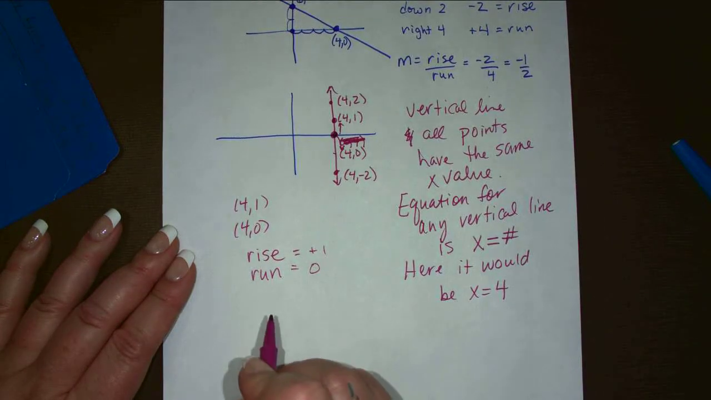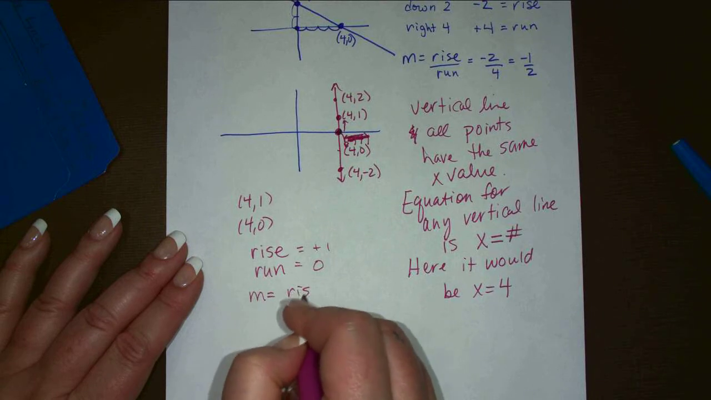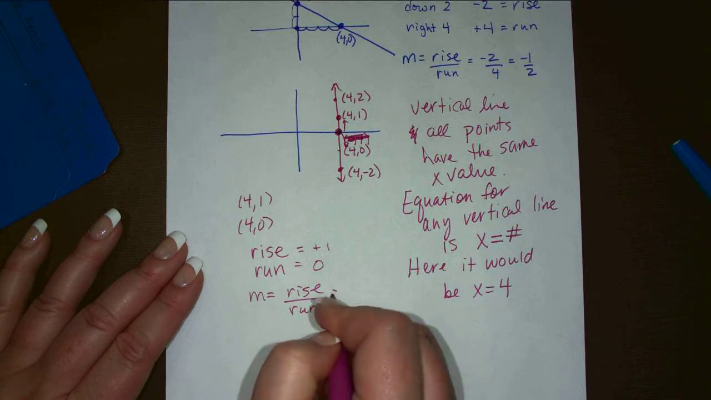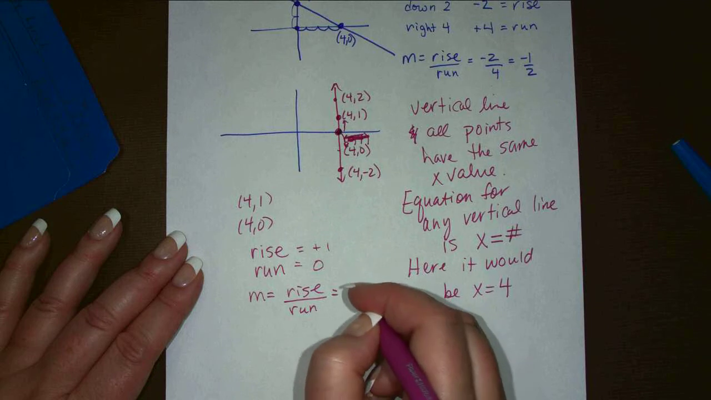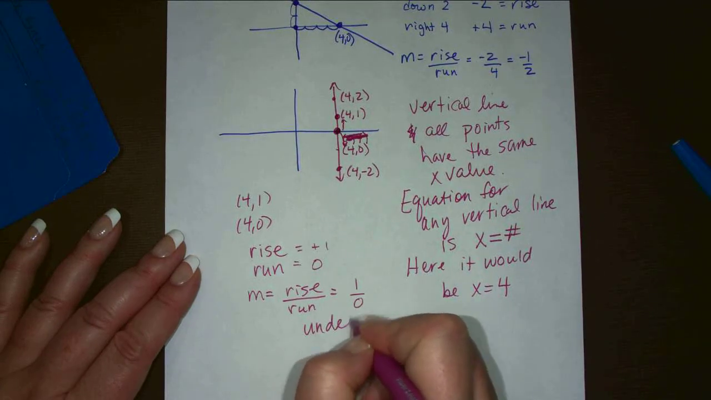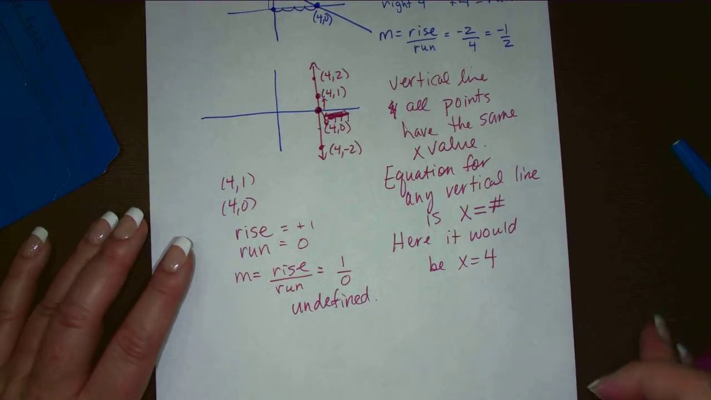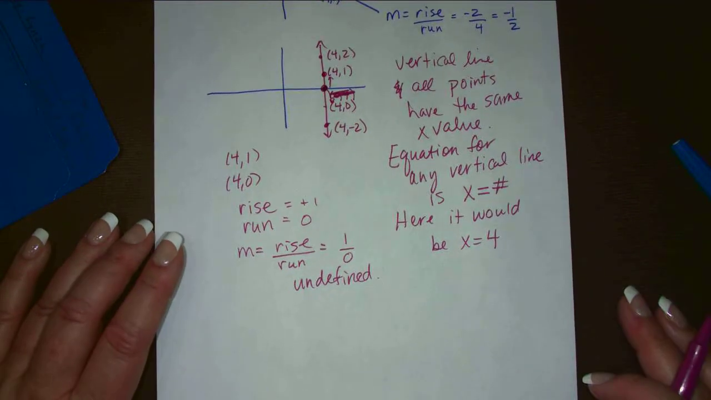So the slope is rise over run, which is what? 1 over 0, which is undefined. Vertical lines have no slope. The slope is undefined. And a horizontal line,